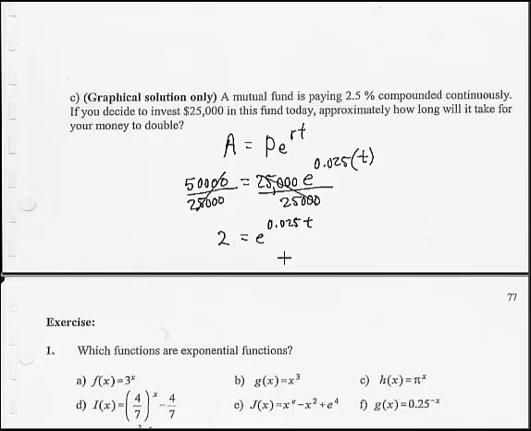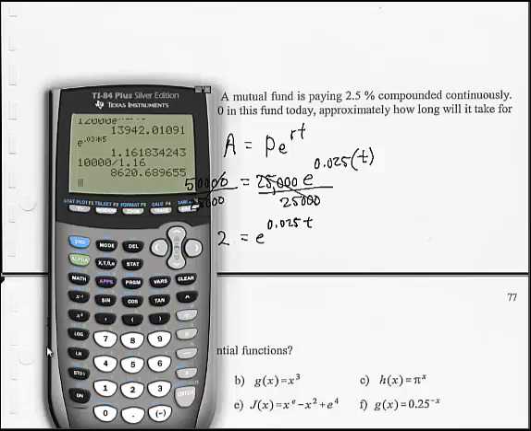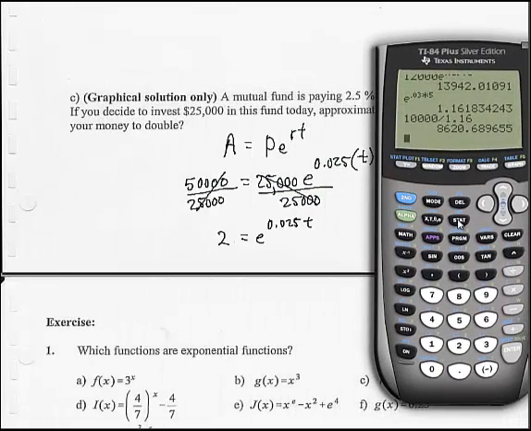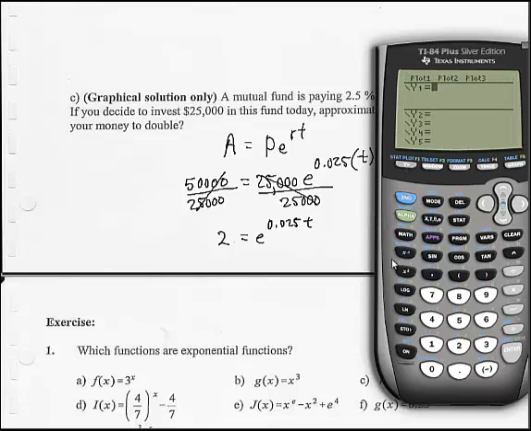So if we follow instructions and do this graphically, we could enter in y equals, let's see, we want our exponential function to equal 2, to output 2. So if I put into my y editor e to the 0.025x with x in our calculator in the place of t,